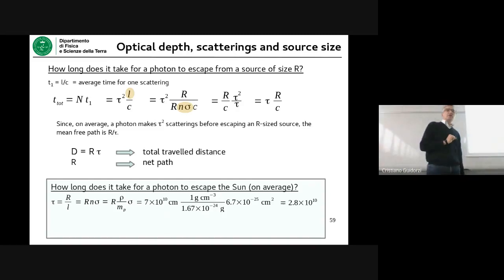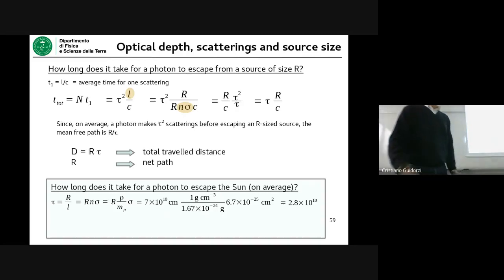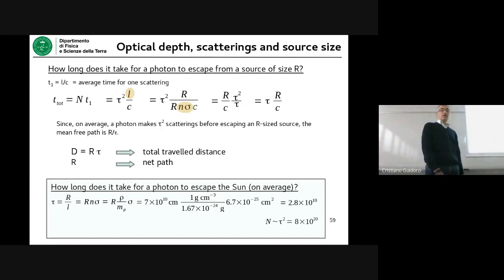So if you work it out, you end up with something times 10 to 10 optical depth. So unsurprisingly, the sun is hugely thick, so the optical depth of the sun is huge. And you can also straight away estimate the corresponding number of scatterings according to what we just saw. You see something close to 10 to 21. So a photon, to make it out of the sun, is going to go through something like 10 to 21 scatterings, which might just sound like a number, but if you want to appreciate